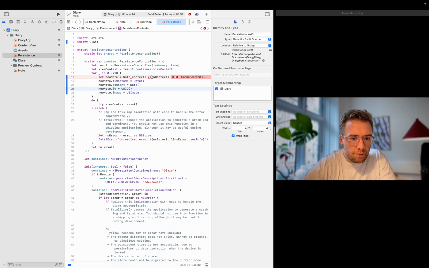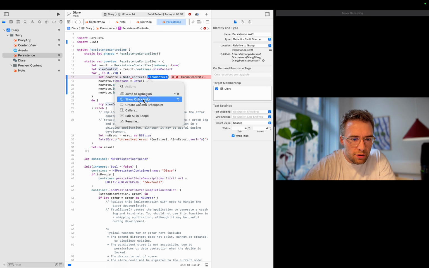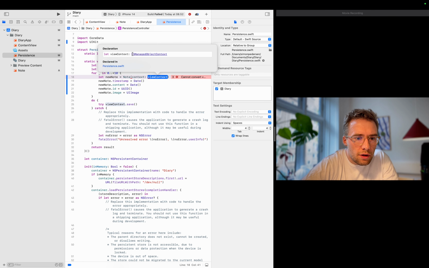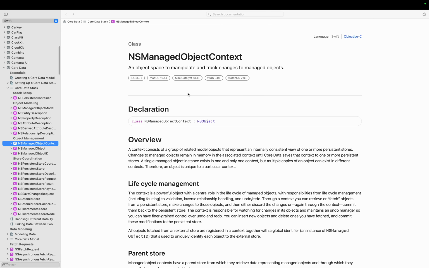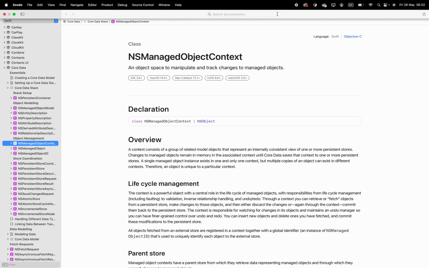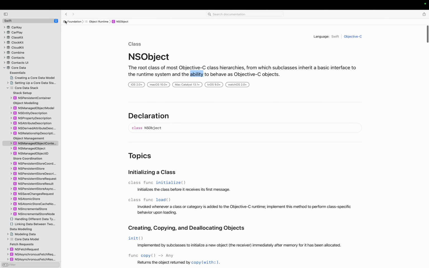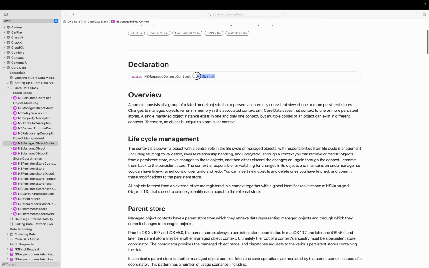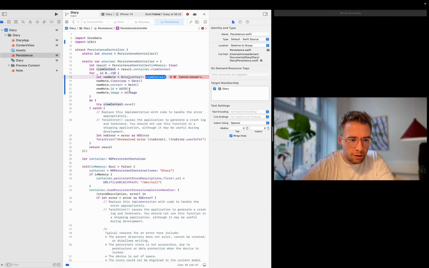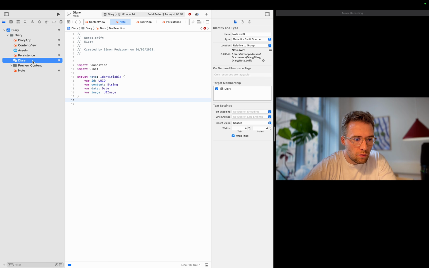Yes, so in order to view this, let's just see some quick help here. This comes from managed object, and then you can go into the developer section here, and then you can see that perhaps we need to conform to keep this with the